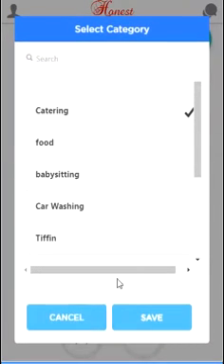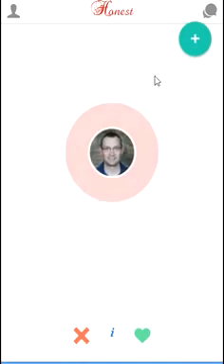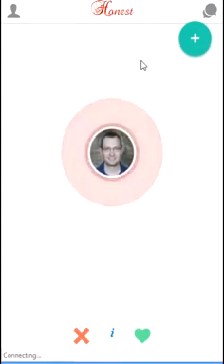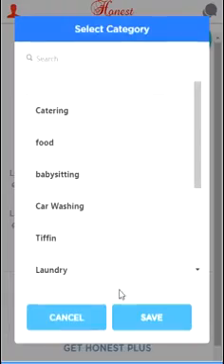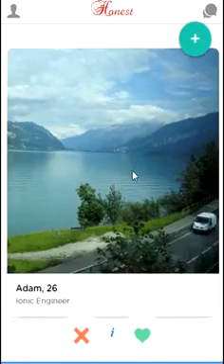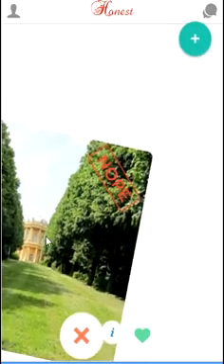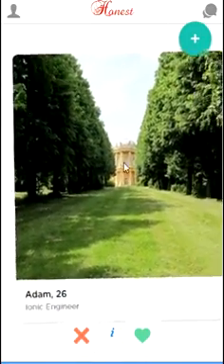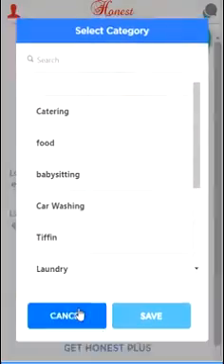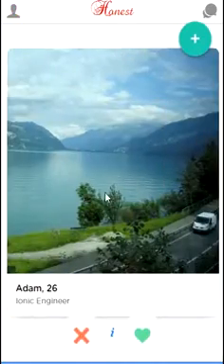If the user actually wants to change the category again, he can simply select it or he can let it go. So these are all the things that the user will be going through. So swiping, it can be nope, it can be nope, it can be yes. So cards, and similarly when the user actually clicks on these things,